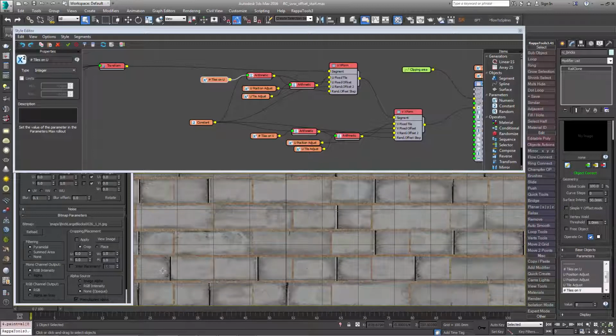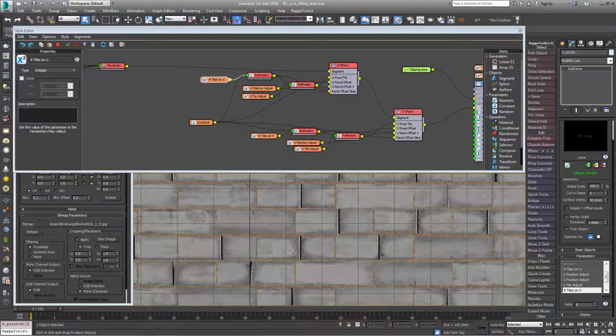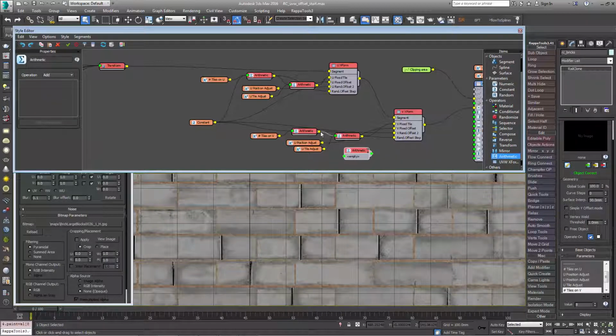So to fix this, we need to do 2 things. Select every other row and shift the tiles 1/2 brick to the right. To pick every other row, we need to double the current step value. So to do this, create a new arithmetic node and wire the existing V divide arithmetic node to its first input. Then connect the new arithmetic node to the V Xform operator's random offset step input.